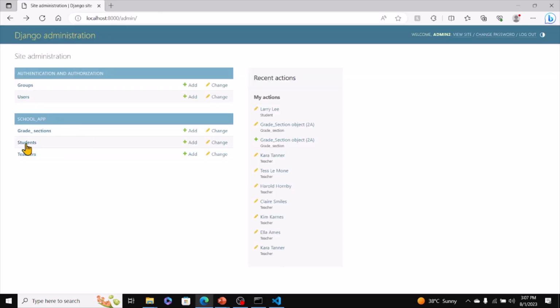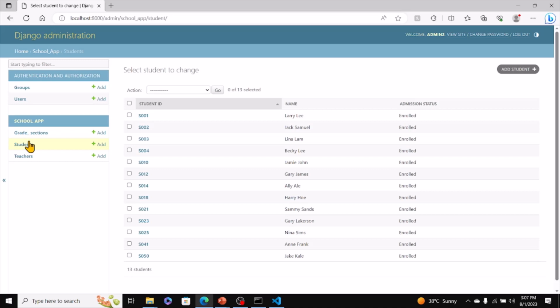Now, if you click on students, you can see that some of them are in order and others are not, right? So what this is going to do is it's going to count the number of students here or the student objects and then give us an ID which is not accurate, right? So what we need to do is delete the ones that are not in order, for example, this and the rest of these,